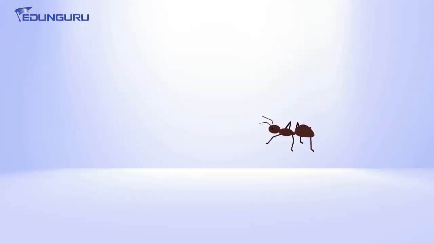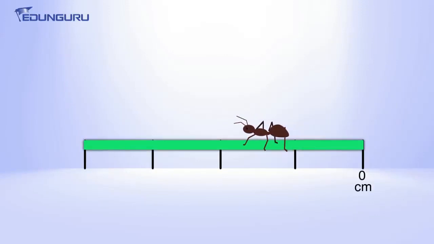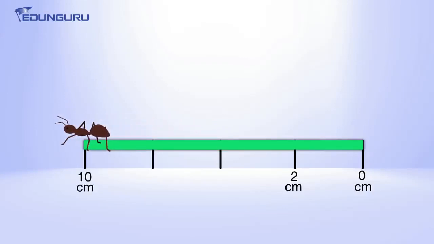Now, children, let us move to another interesting topic. For that topic, first of all, let me give you an example. Let us suppose we have an ant. This ant covered a distance, from one place to another, say 2 centimeter to 10 centimeter. Yes, Aditya, what did the ant cover from 2 to 10 centimeter? So it covered a distance.